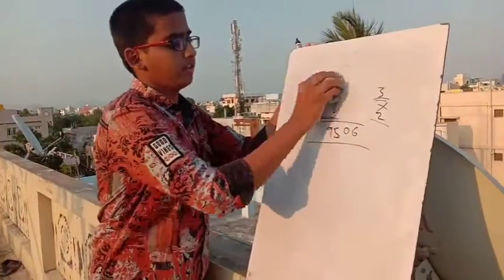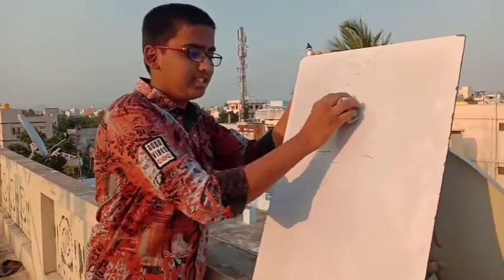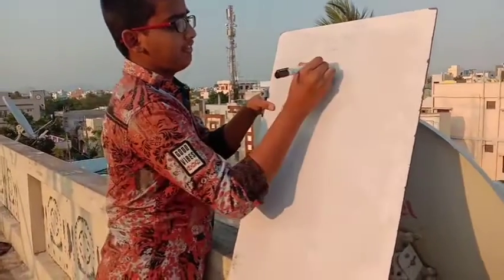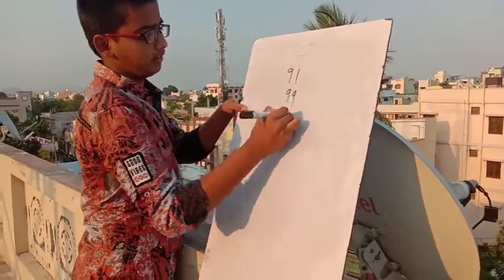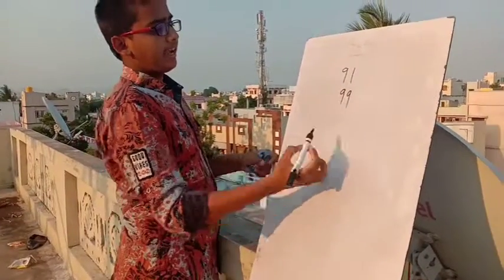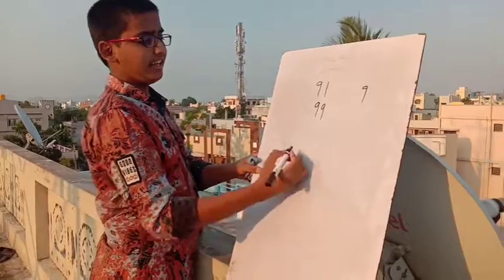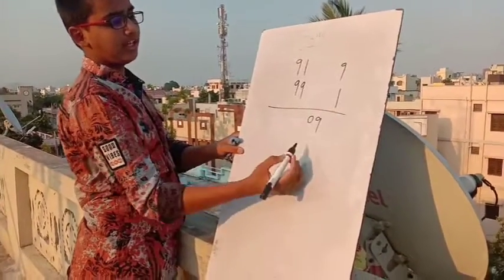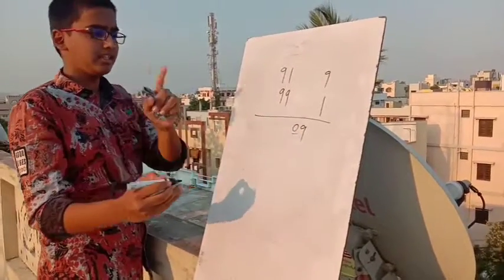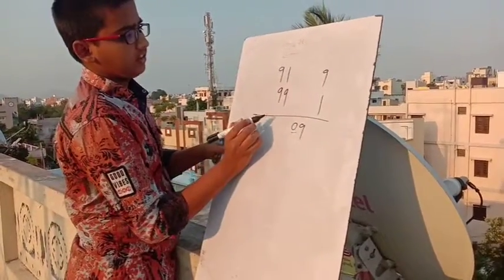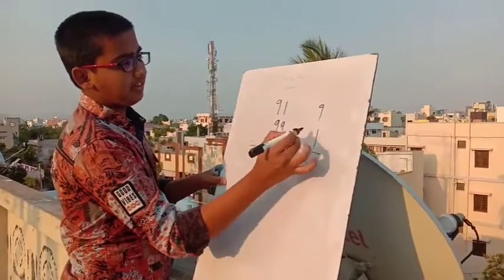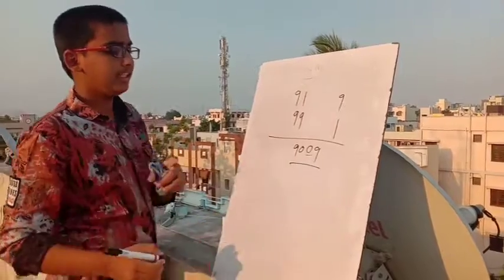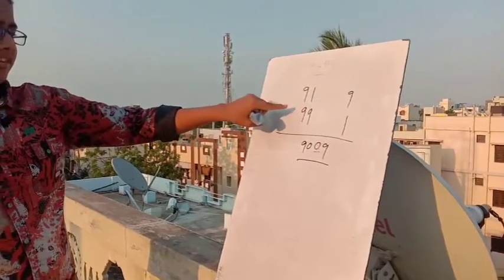Later on we will see general multiplication. Let's do another example, say 91 into 99. Again, 91 is 9 less than 100 and 99 is only 1 less than 100. So we write 9, because 9 ones are 9, and I said to keep 0 before a single digit. After that, deduct 1 from 91 or 9 from 99. The answer will be 90. So the answer is 9009, the product of 91 into 99.